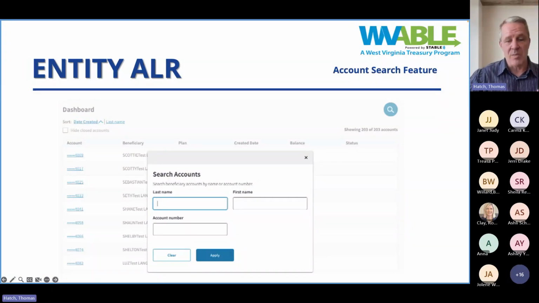But if you have a lot that you're managing, it's like, how do I find the one beneficiary account that I actually want to go into and make transactions on? So the search and sort feature is a great one to have, where you can search by last name, by first name, by account number. You can sort it by date created, by account number, and any number of parameters to be able to more easily find the account that you want. And we're grateful that feature is there, because it's really helped out a lot of those that have many accounts that they're trying to keep track of.